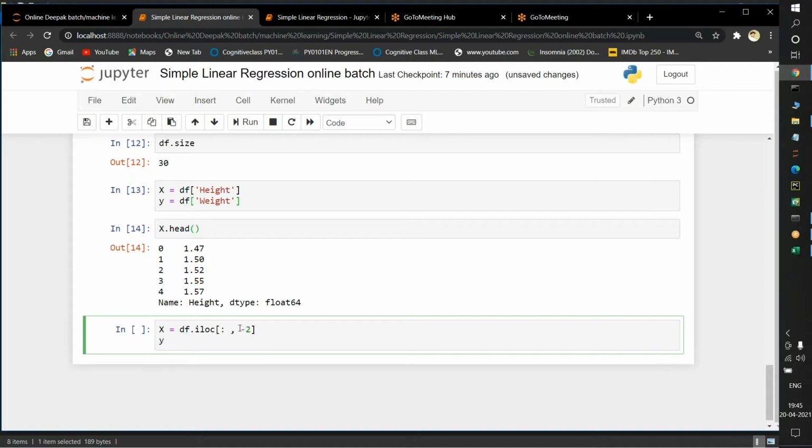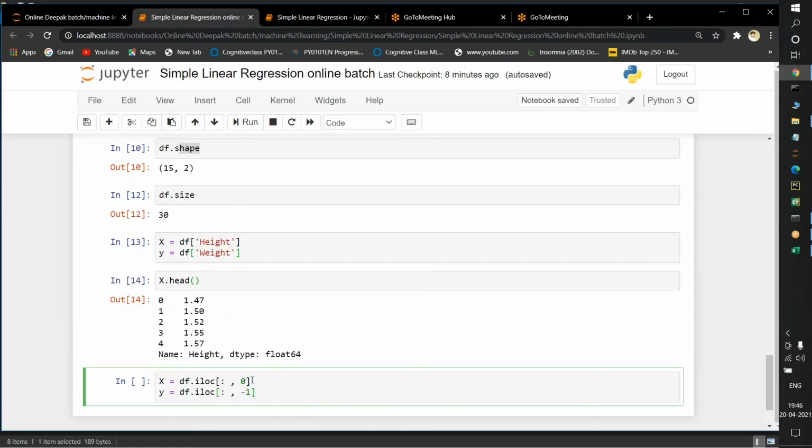Now y is equal to df.iloc, selecting all rows, and for the column, instead of -2 I can select 1, since it starts from the 0th position. Since y is the last one, I will pass -1.